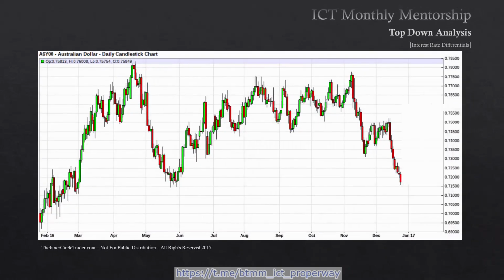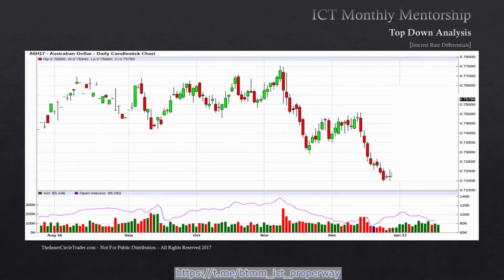Okay, we're going to look at the Australian dollar. This is the cash price for Australian dollar. And we identified a long-term support level, an old low, in the form of 71.50. And we move over to our March contract 2017 of Australian dollar, which would be the active contract that you would be trading at the end of December 2016. We're going to add that 71.50 level on our chart, and you can see price has traded into that as